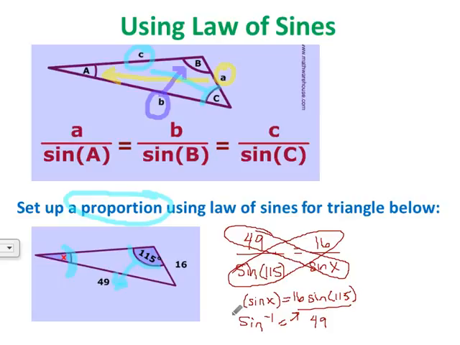And if you want, you can do this in steps. Like you can take 16 sine 115. If I just do my numerator, 16 times sine 115, I would get 14.5. And then I would divide it by 49. So what I would be entering in my calculator is sine -1 of all that. Or you can do it all in one keystroke. And whichever you do, you should get,